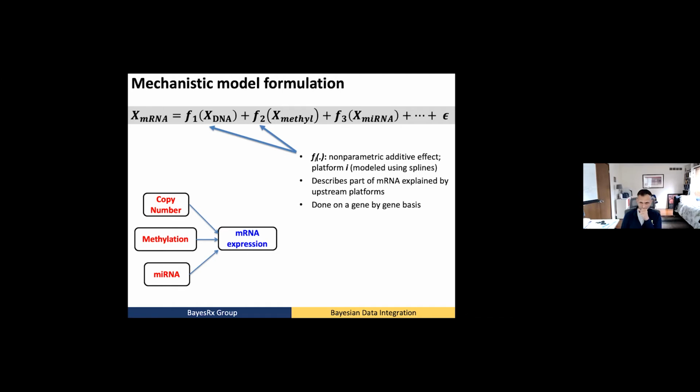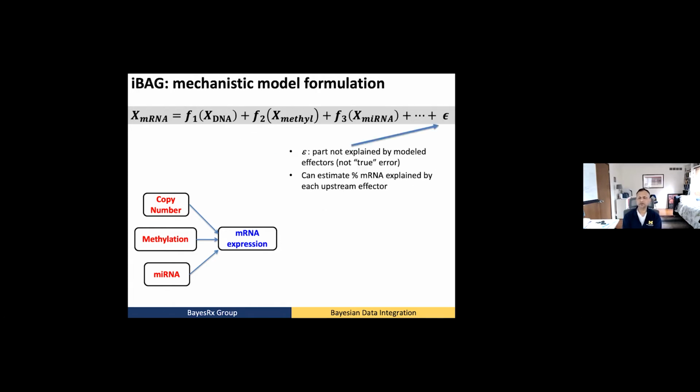Now, what the Ibac does is basically on a gene by gene basis. So if you have a gene by number of samples, for each gene separately, this is run. Although it could be run jointly, it's easier to run it gene by gene, and then extract these components, the F1, F2, and F3, which are the different components, and those components actually feed into